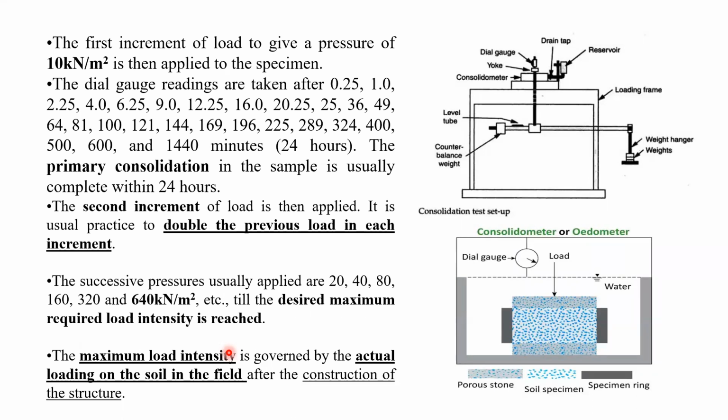So we shall divide that load. We can begin from 10 kilonewton per meter square, then 20, 30, then 40, then 80. Likewise, we shall go up to 600 kilonewton per meter square. That is the meaning here. How much load your structure is going to impose on the soil, accordingly we have to divide all the loads, and we shall begin the experiment accordingly. That is the meaning of this case.